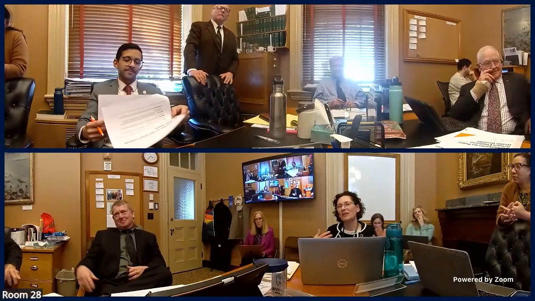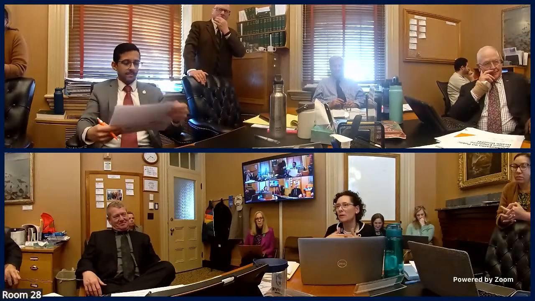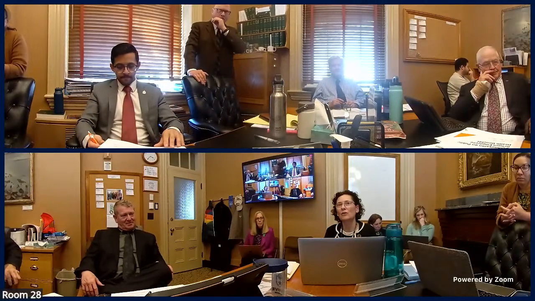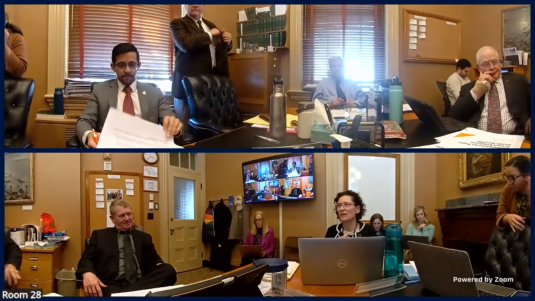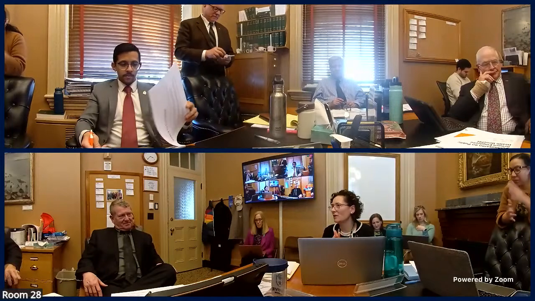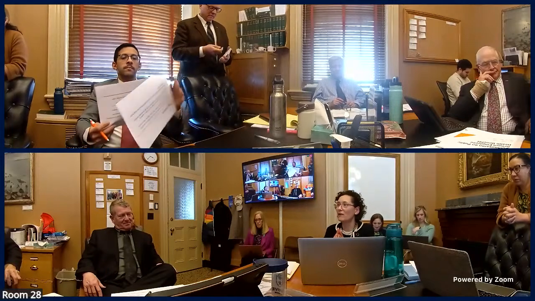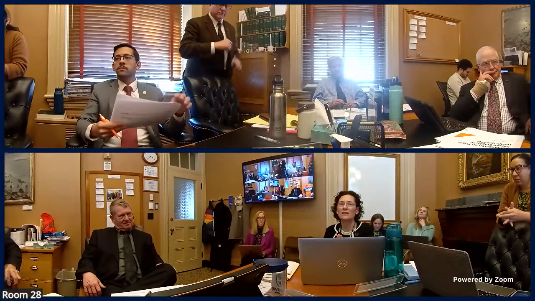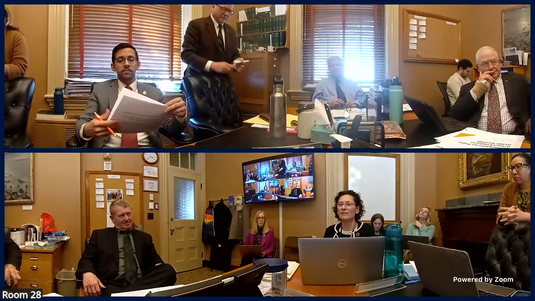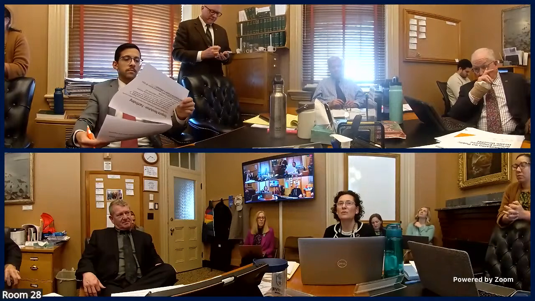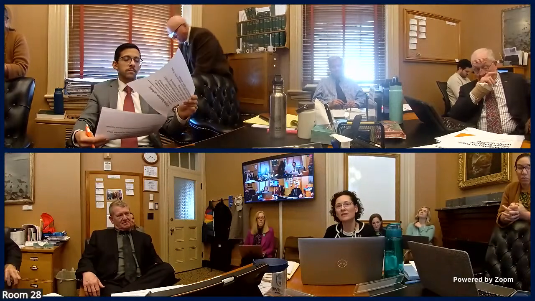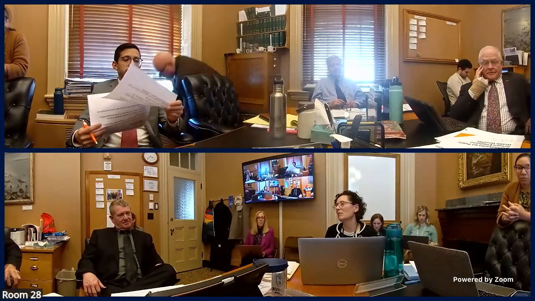Yeah, the purpose of it is to push people to the middle. So if you want to make your last best offer as attractive as possible, you're going to try to get it as close as possible to whatever the fact finder found. Because a fact finder's decision comes from a neutral person, not a partisan person, so that's kind of an indicator of where someone has come to.